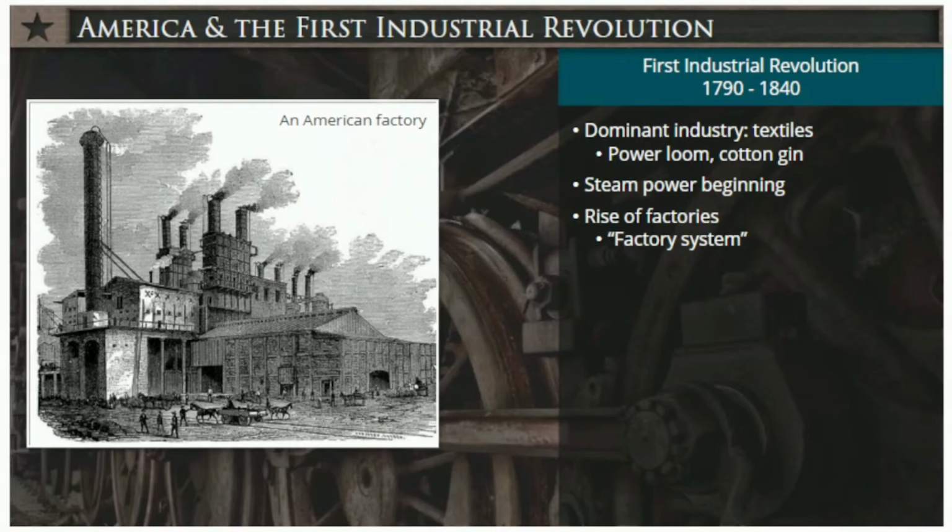This system allowed work to be performed on a large scale in one centralized location. Textile mills that used this system sprang up across New England. Businessman Francis Lowell expanded upon this idea by creating an innovative labor program where young women not only worked at the textile factory or mill, but also lived in company housing and were provided with educational and cultural opportunities. His workers came to be known as the Lowell Girls. As the number of factories rose, many workers left agricultural work and moved to cities to work in factories.